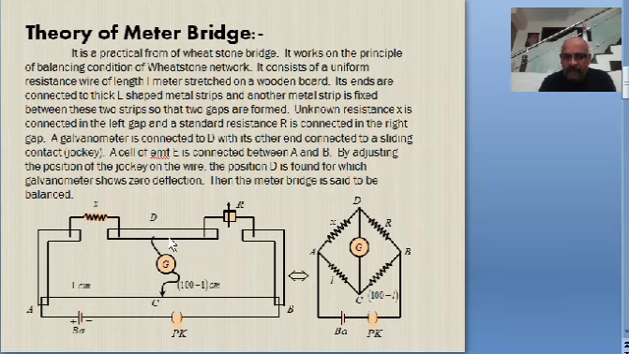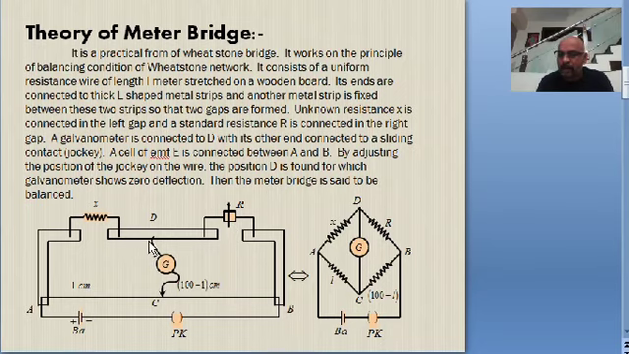See that the L-shaped metal strip and a straight metal strip are so fixed on the wooden board such that there are two gaps, one on the left side, the other one on the right side. So in the left gap, a resistor whose value of resistance is not known is connected. You can call it X. And in the right gap, you connect another resistor or resistance box whose value is known to us,